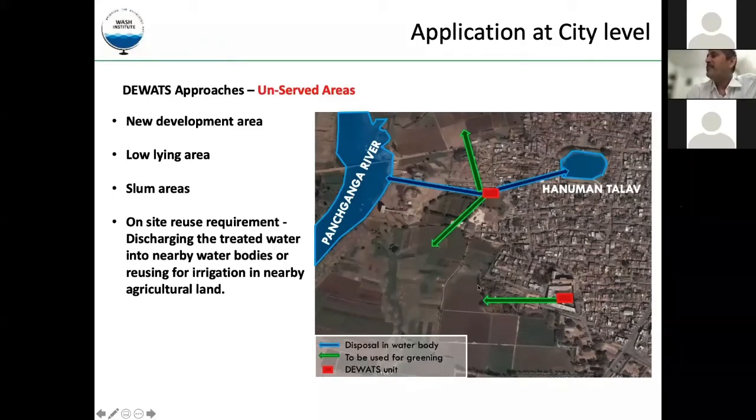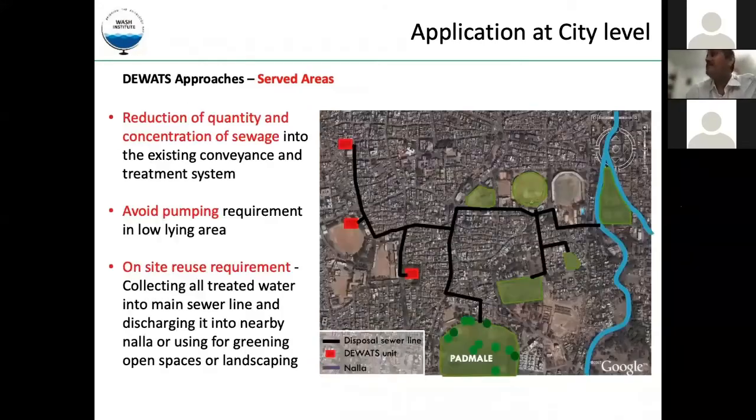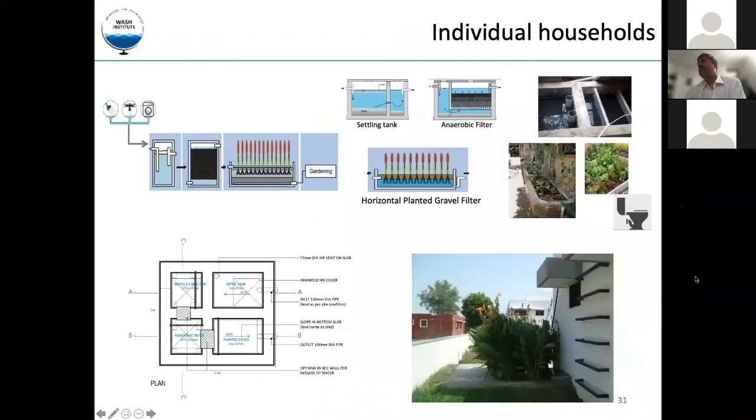So in the periphery, it is really useful because quite a lot of reuse possibilities are there, because this treated water can be reused as it contains a good amount of fertilizer. Yeah, so these are some of the pictures I'll show now quickly about the application. As I said, these decentralized systems can be applied at a household level. Again, it requires very little area, if it has been very well planned when we construct the house.